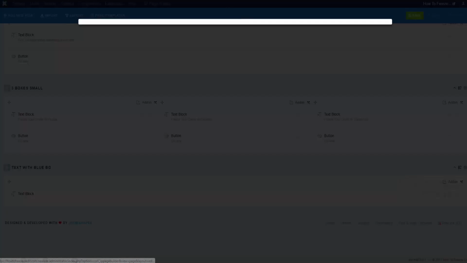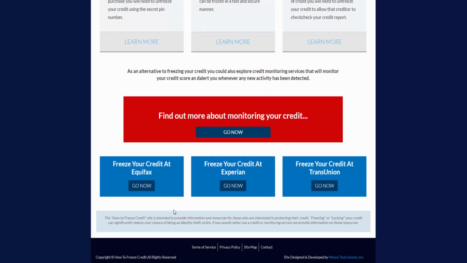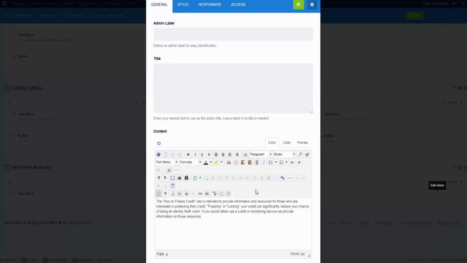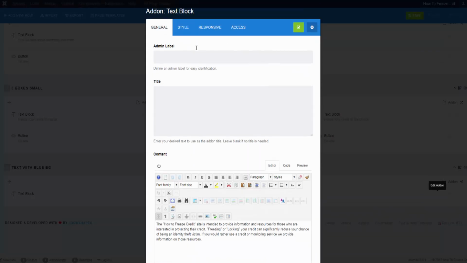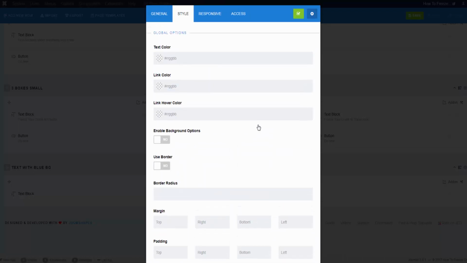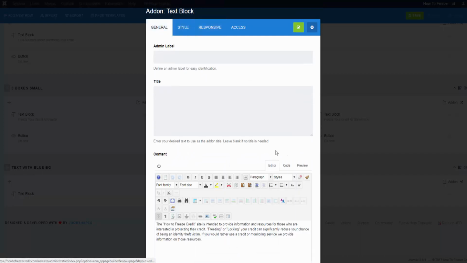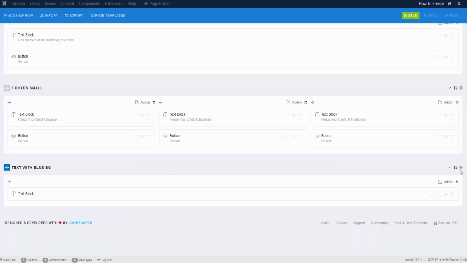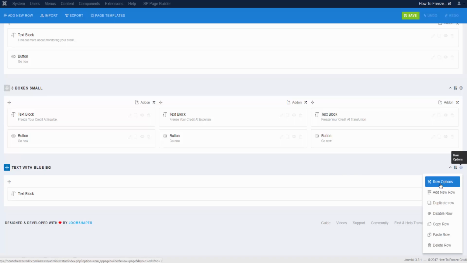This text block here has been styled with a blue background. So you can see it's just got the text here. And that styling was obviously done with a, probably done with a class, but I will show you this, that you can set some styling options on the row itself and not just the column. So you've got one column that's full width, but you have the row you can style as well. So you hit row options,